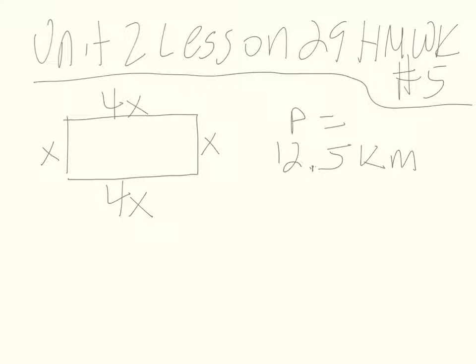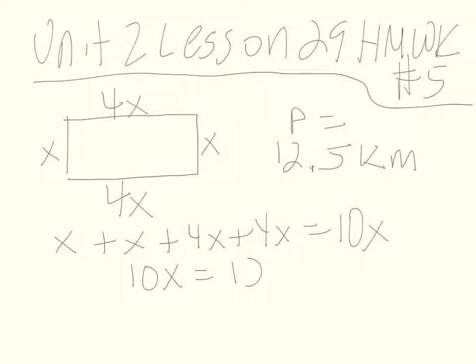I've set up the problem. The width equals an x or a missing number. The length equals 4x, 4 times that missing number. So if I added all these up, x plus 4x plus x plus 4x, I would get 10x. Okay? 10x is equal to 12.5. If I divide by 10, to get x by itself,